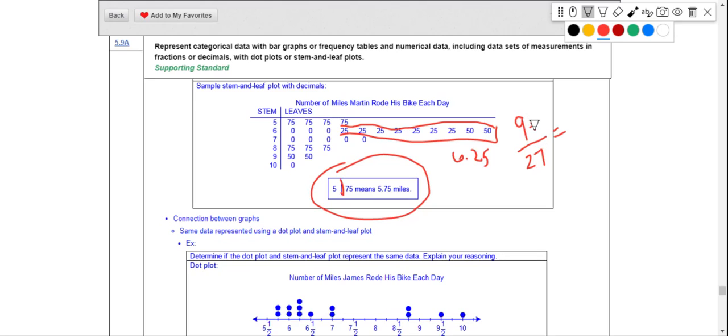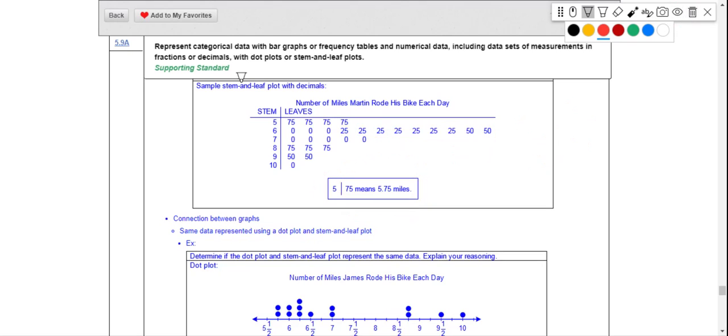Let's reduce this fraction. 9 divided by 9 is equal to 1. 27 divided by 9 is equal to 3. So 1/3 of the time, he rode his bike greater than 6 miles and less than 7 miles. 1/3 of the time. Interesting. All right. How many days did he ride more